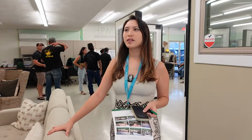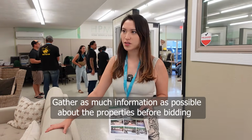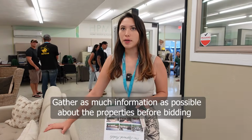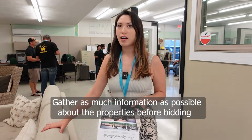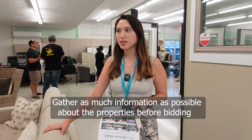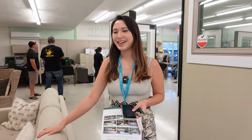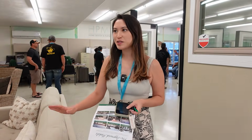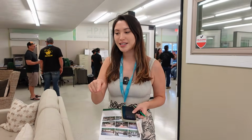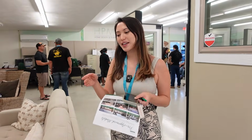I did a fair amount of research, just looking at the assessed values, doing some comps for the ones that I'm interested in. Also just looking at it on Google Maps, trying to see how many trees are on there, are the roads paved, are there telephone poles, those sorts of things around. Also, the day before, I called the HOA communities for a couple of the places. And the girl at Ainaloa was super helpful. She was like, oh, this one is good because it doesn't have that many trees on it, and there's no albizia trees on that, and things like that. So I got a good amount of info,